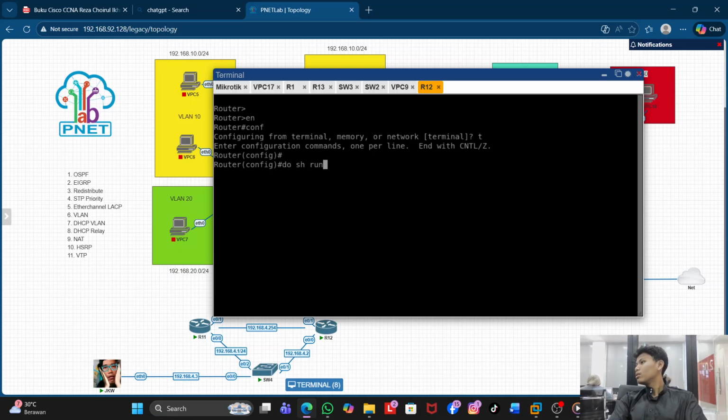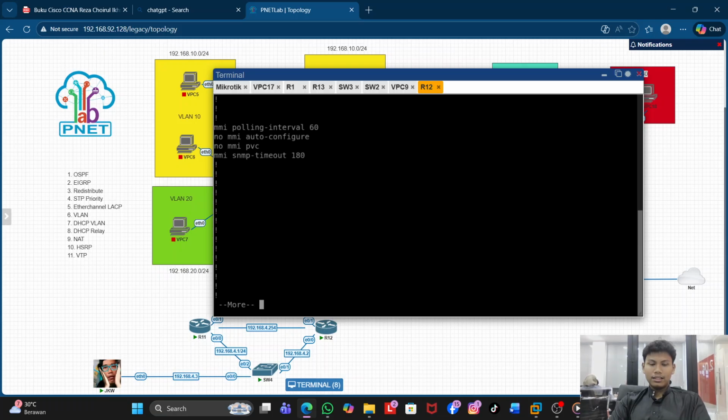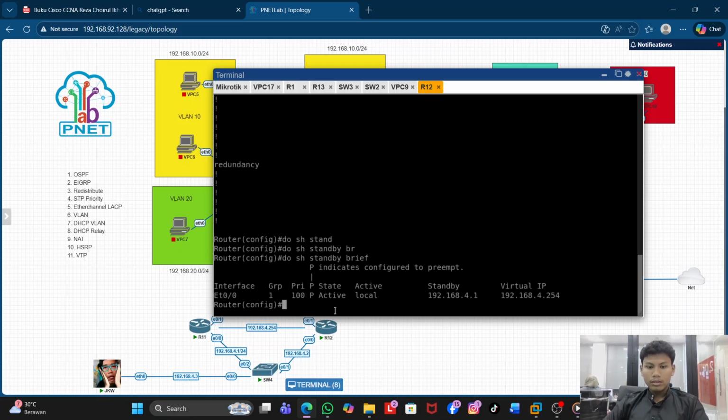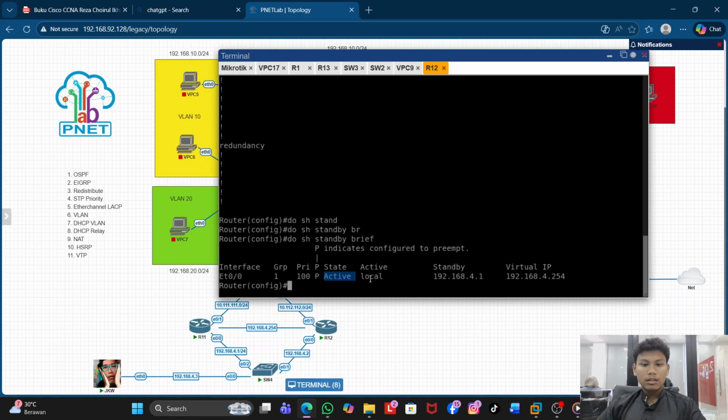Show standby brief. As you can see, the state is active. It means this router is the main link, and the standby link, or backup link, or secondary link, is router 11.